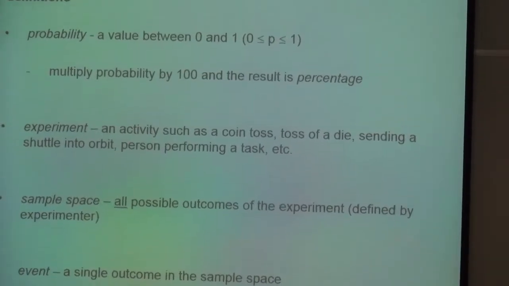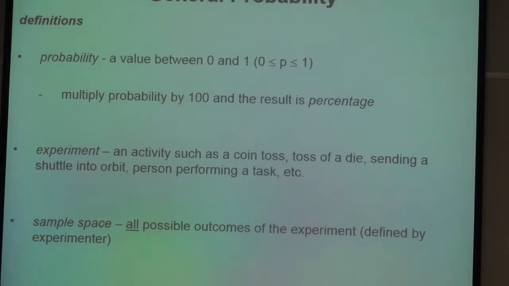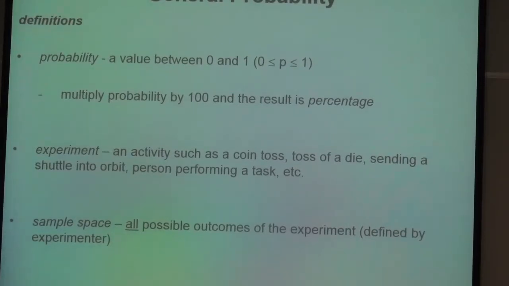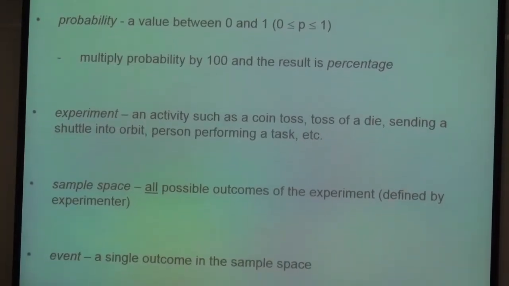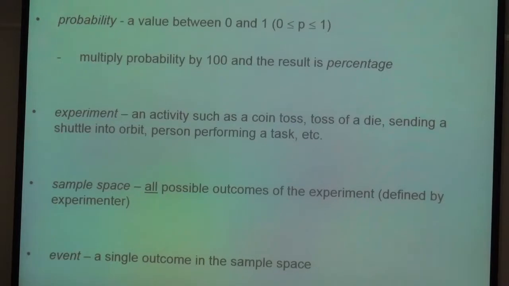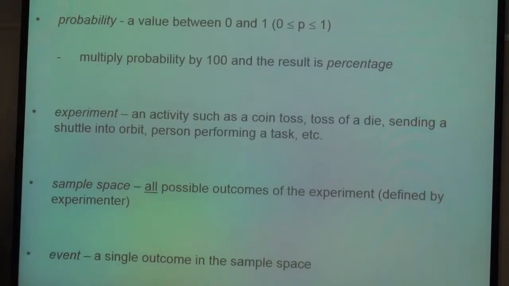Like I said, probability is any value between 0 and 1, and if you multiply it by 100, you get a percentage. People tend to think in percentages. I was talking to a group at Human Proving Grounds, and for some reason, that must have touched a nerve. That made them so incredibly angry. I couldn't even talk to them after that. I still wasn't quite sure why that made them so angry.